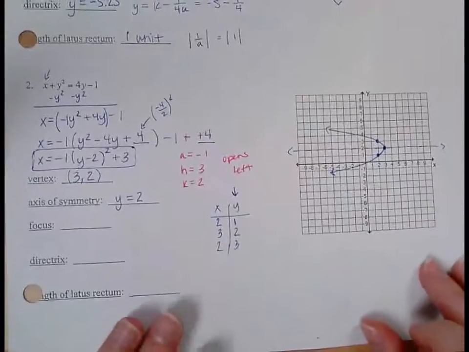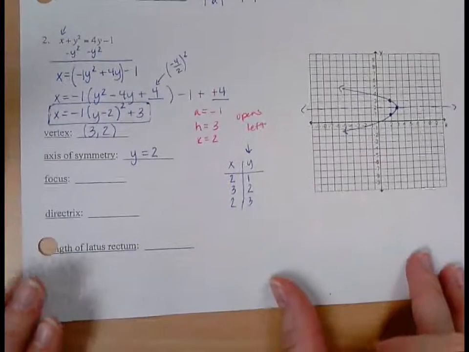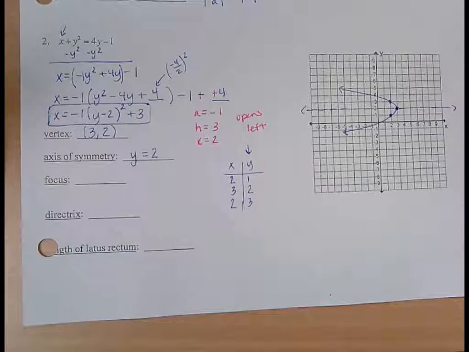So if I were graphing this and somehow now it's opening down instead of left, I know I did something wrong. Okay, these are a little strange. Now I can find the focus and directrix, graph those, and then find the length of the latus rectum. So the focus,